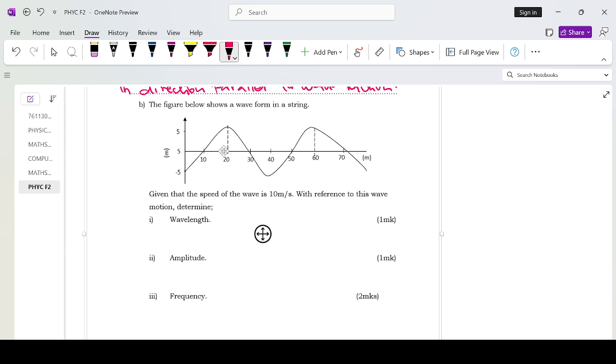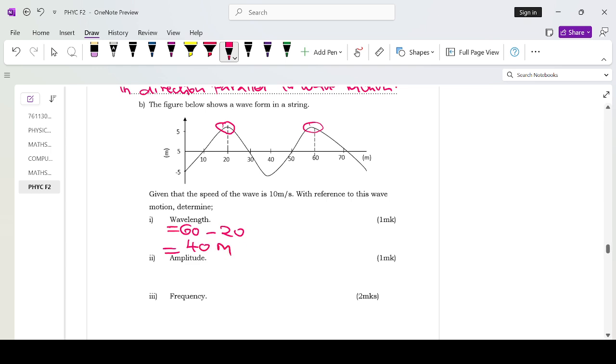If I talk of it as this point, the crest here has a reading of 20, another crest here has a reading of 60. So the two are successive. So the difference between the two successive crests or two successive troughs gives you the wavelength. So this one here, it is 60 minus 20, so that is 40